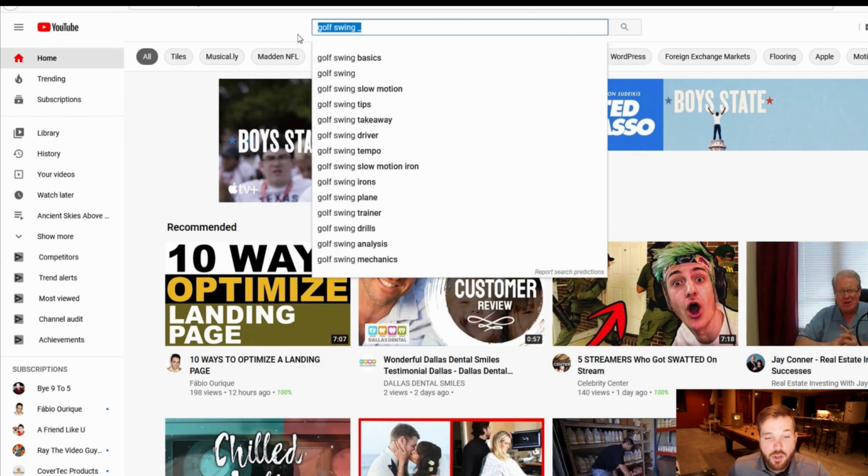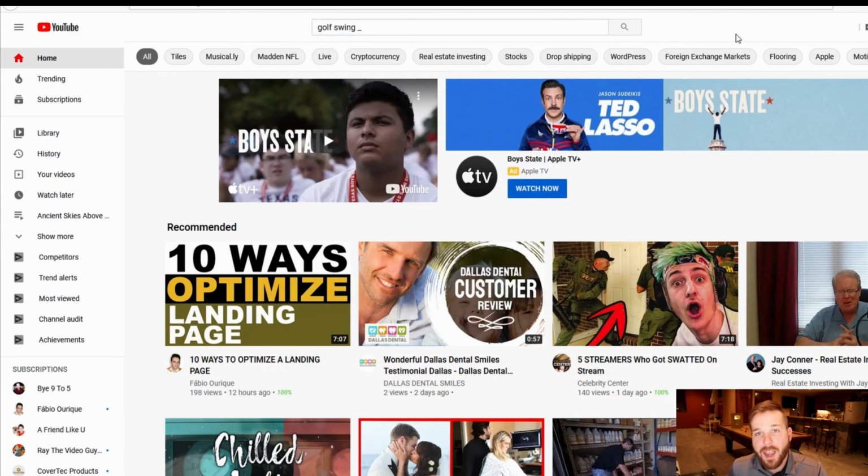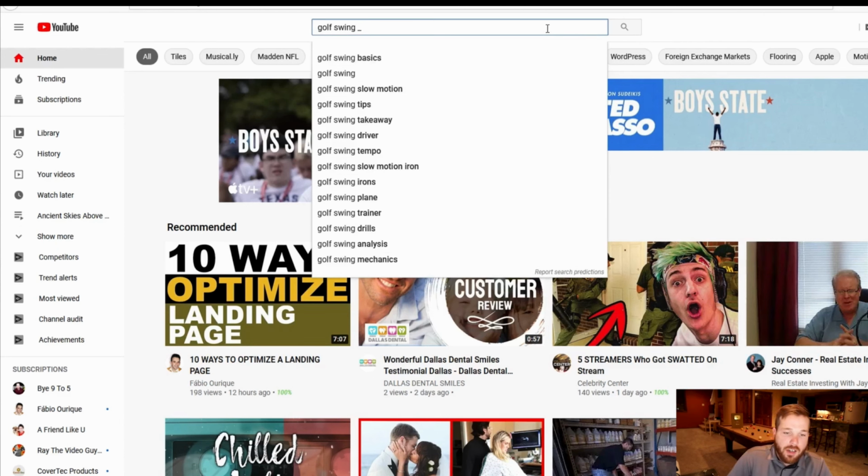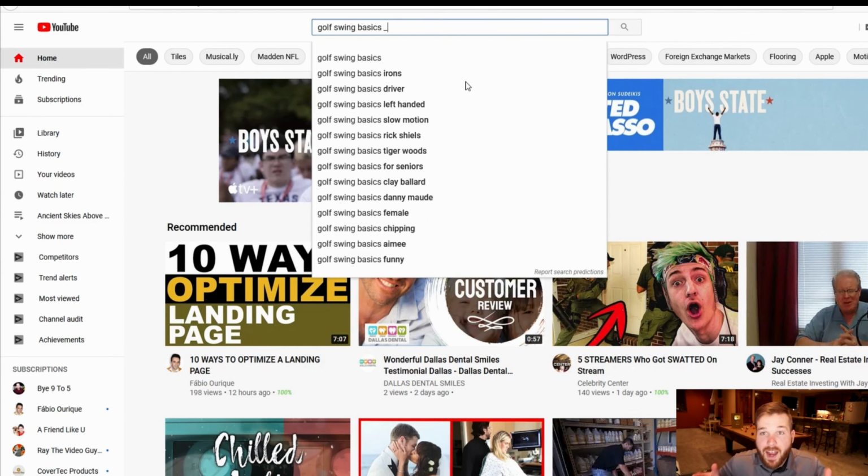And this will be in the growth module, but when you're first starting out, you want long tail keywords, because you're probably not going to rank on some of the highest keywords right off the bat, unless you find one that really has low competition and high search volume. So here you're going to want to type golf swing basics underscore. And it's just going to keep giving you more words until you find these long tail keywords, one that you can rank for, one that no one has really used as a full title and a full tag and a full keyword, right? Then you'll be able to rank for that easy. And it's a lot better to rank first page on something with 50 to 100,000 searches than it is to rank page 30 on